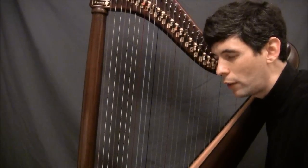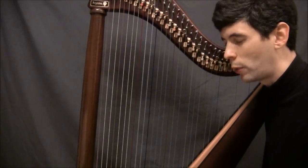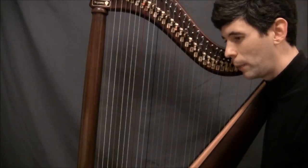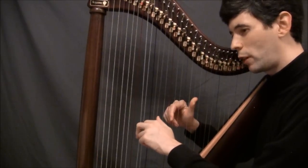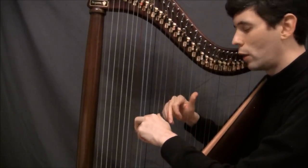So the left hand, as you can see, apart from broken chords, which may or may not be something that you're comfortable with at this point, it's pretty easy. The only tricky thing maybe is getting that lever change done in time. Now, there's one more thing to practice before you start fitting it all together, and that's fitting that broken chord in, because if we played it flat with no break,